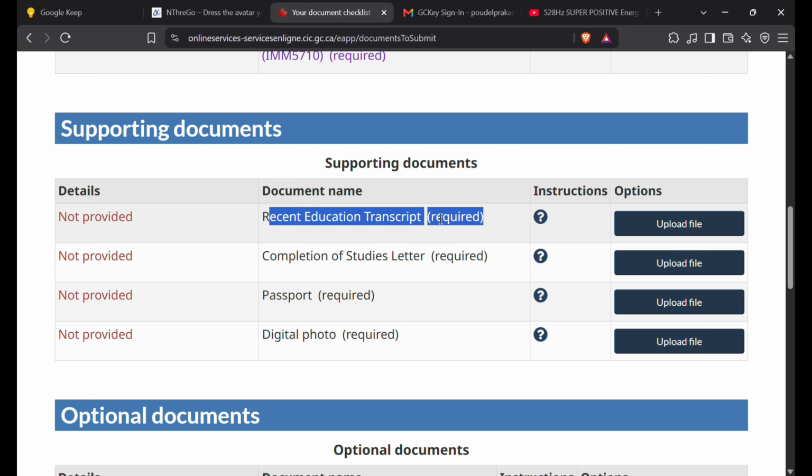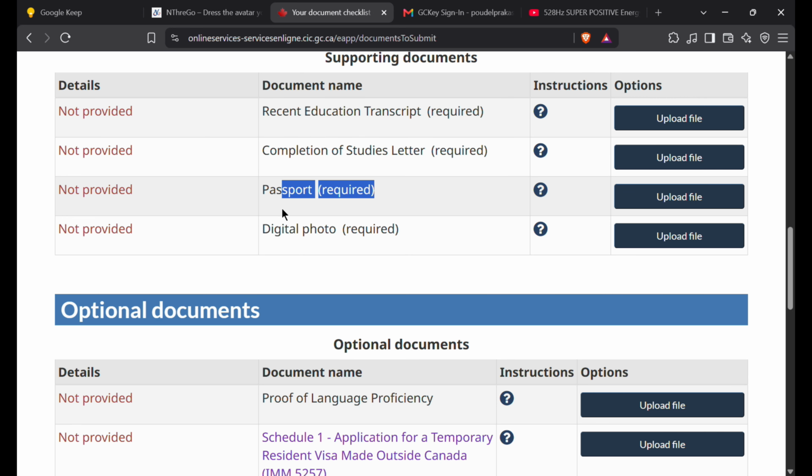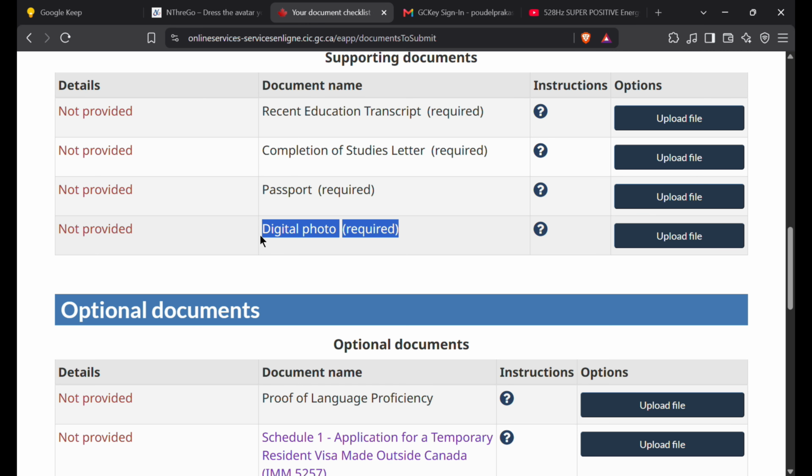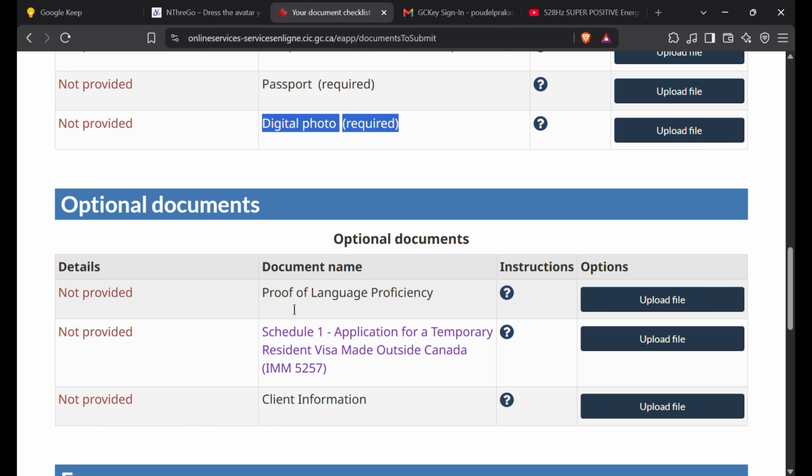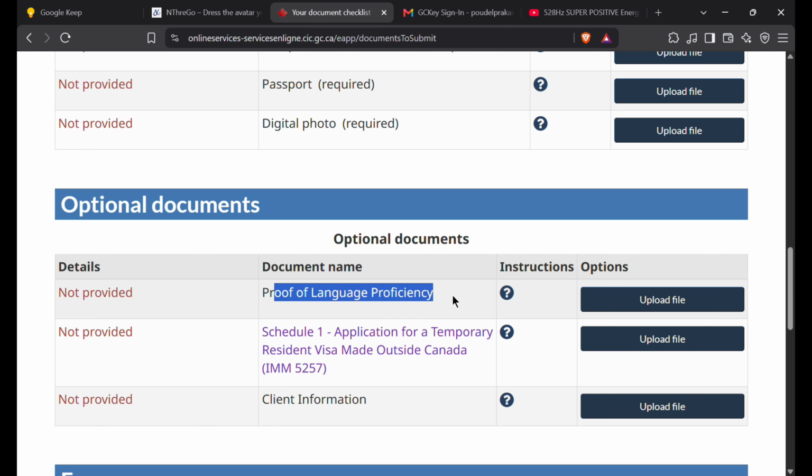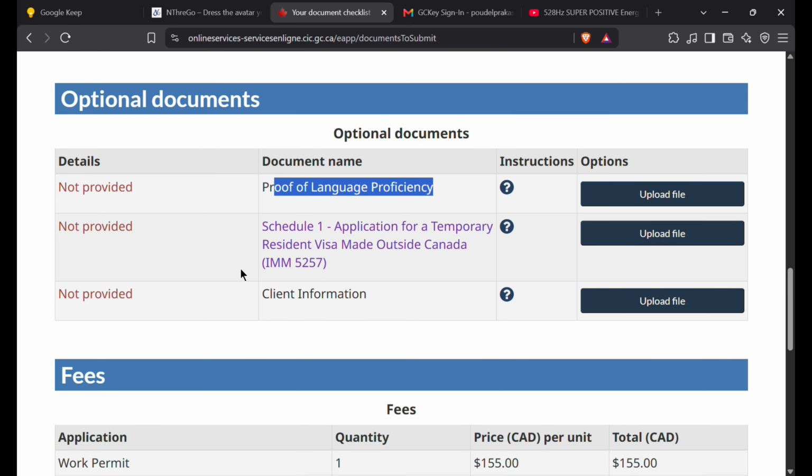And for the passport, I would say it's better if you scan and upload all of your passport pages, and you require a digital photo. If you don't have one, you can get a photo taken from Staples. And you need a proof of language proficiency, definitely, which would be your IELTS, PTE, CELPIP, whatever test you have. You're gonna upload those. And you need a